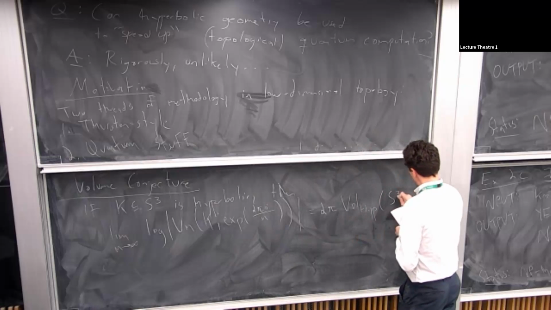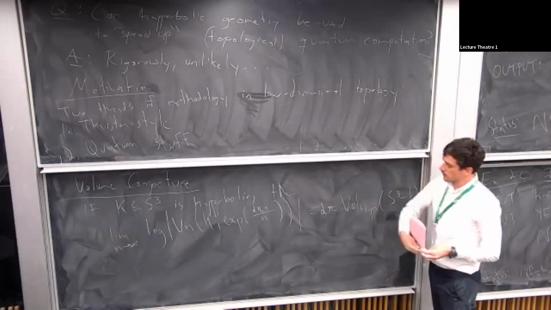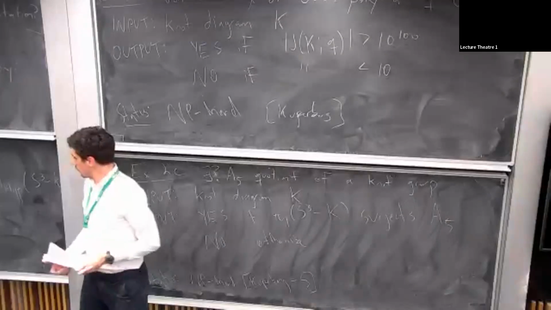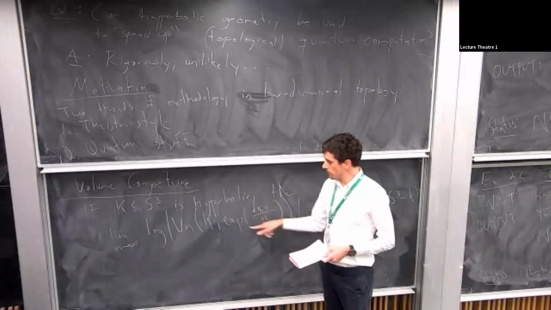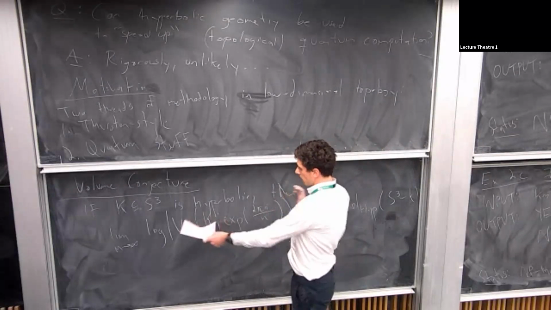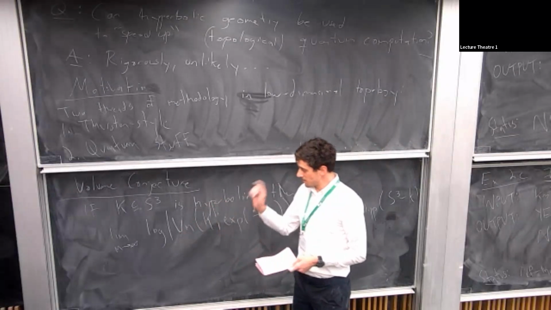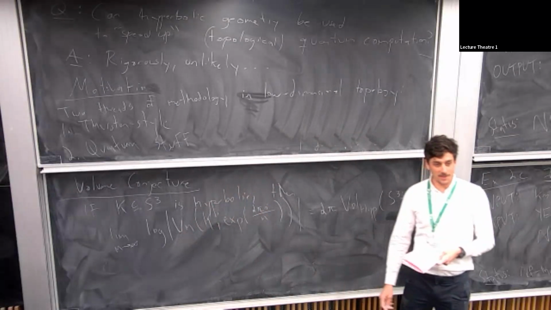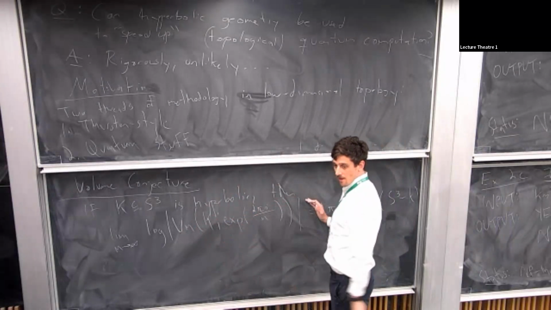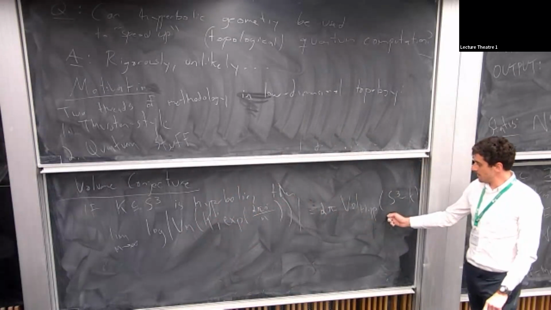So on the left-hand side, what am I doing? These are called the n-color Jones polynomials. They're generalizations of the usual Jones polynomial, and you plug in an nth root of unity. You evaluate, this is some complex number, it has a modulus, you take the log of that modulus, and you take the limit as n goes to infinity. The conjecture is that that thing, which is entirely defined using TQFT stuff, actually just is